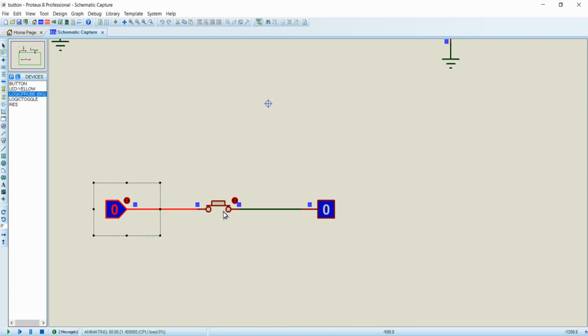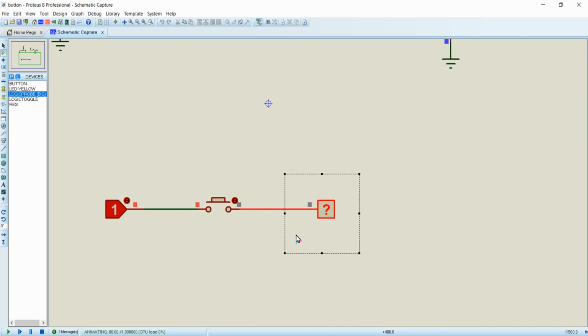So when I press the button, the left side terminal comes in contact with the right side terminal so that it receives a 0-volt signal, and when I make the left side terminal high, I receive a high signal on the right side terminal. When I release this button now, you can see this high signal in the left side terminal is out of contact with the right side terminal right over here.